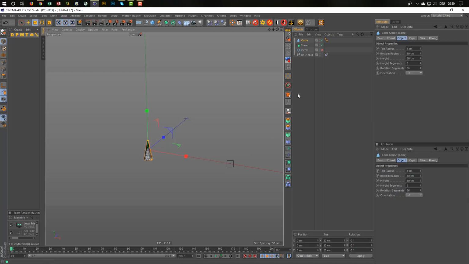in the null. So what I do is I bring my cone under the null, and because it's under the null I can say reset PSR, and the center of this object will be in the center of the null object. I don't want the center, but we know the cone has a height of 50, nothing easier than that, so go in the y-axis -25, and we are on the tip. And now it should look like the cone draws our